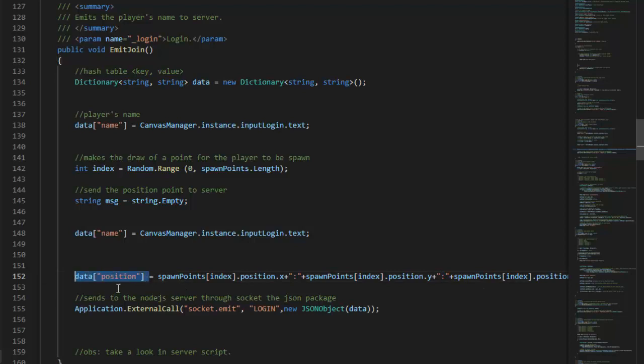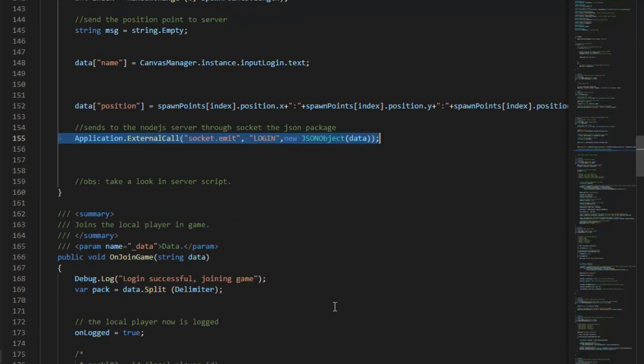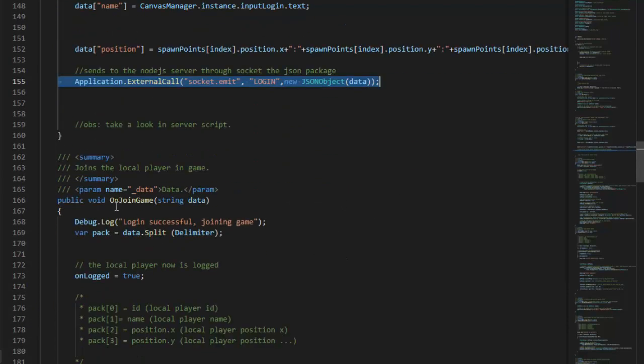And to send this information to the server, use Application.ExternalCall socket.emit login, for example. This ID is used in the server. We send the data package serialized in JSON object. Here, we send this information to the server and receive the results through the onJoin game